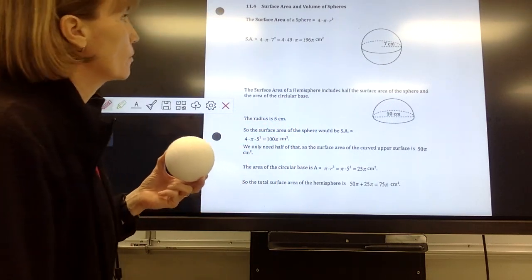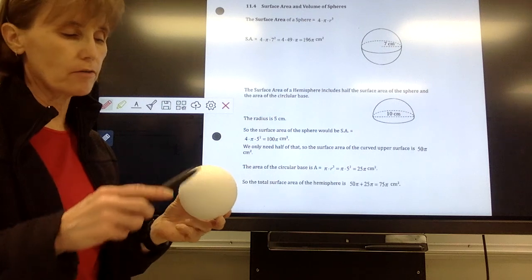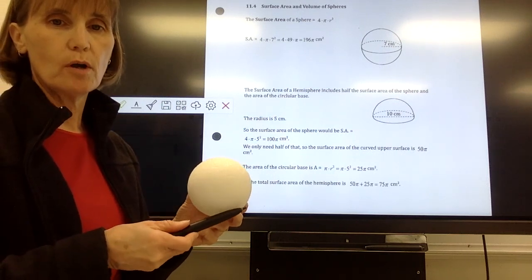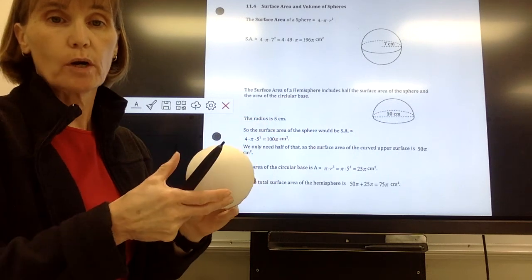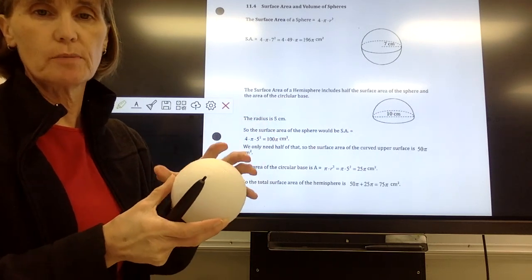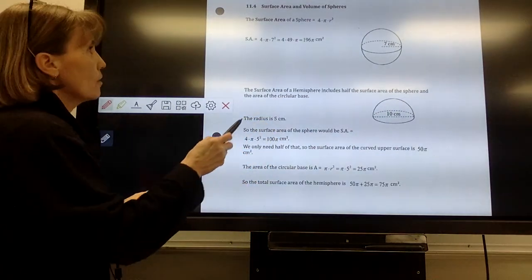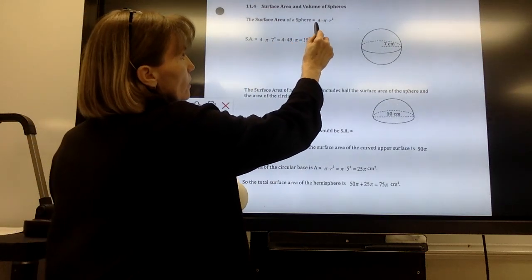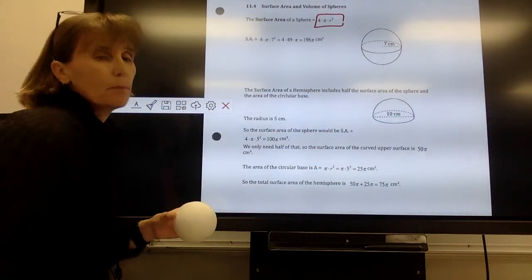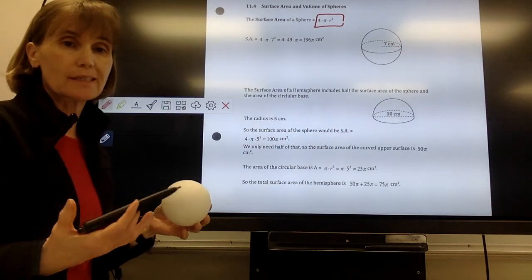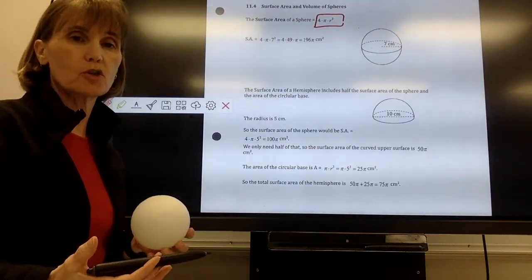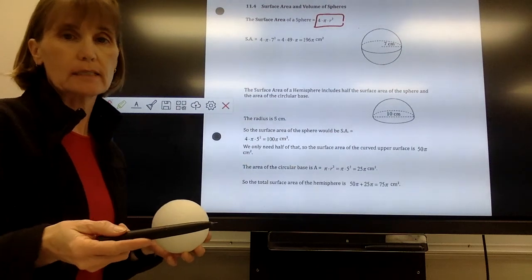We have two different formulas that you're going to work with. Surface area, remember, is if I were to put something on just the outside surface only, like painting or coloring. If I was going to color this in, it would just be the outside surface. The surface area of a sphere is 4 times pi times radius squared. Again, it's an area, so it's a centimeter squared or a unit squared, and that's why the radius is squared